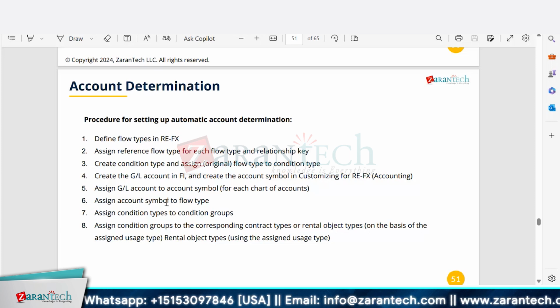Assign account symbol to your flow type. Then assign condition type to the condition grouping. Condition grouping, as I have shown you, why we do the grouping is so that we can define which condition types will be activated for a contract type. Assign condition group to the corresponding contract type or rental object type on the basis of the assigned usage type,